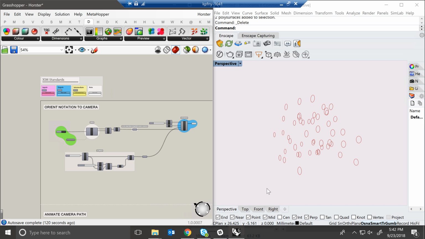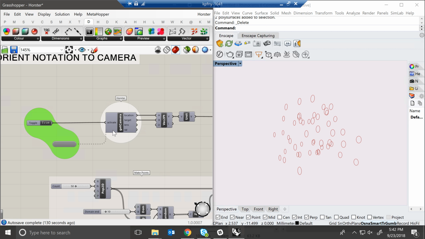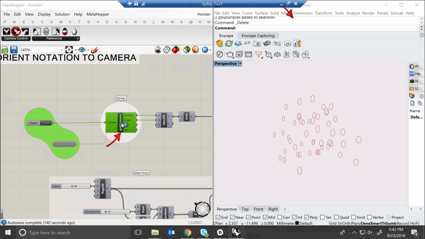Hi everyone. Today we are going to be jumping into a plugin called Horster, which is one of the stranger plugins, at least as far as the name is concerned. It's apparently a combination of a horse and a rooster, because everything in Grasshopper needs to be named after an animal. I have no idea how they came up with the name, but basically what it allows us to do